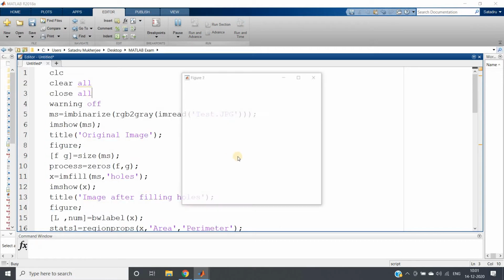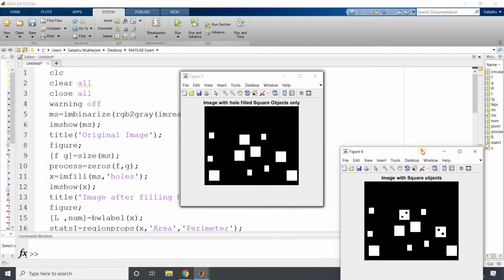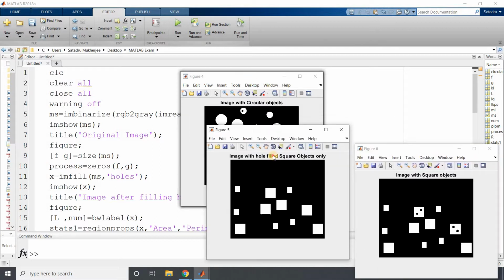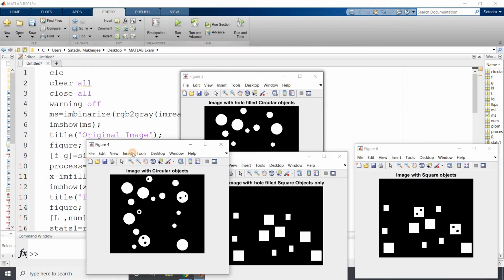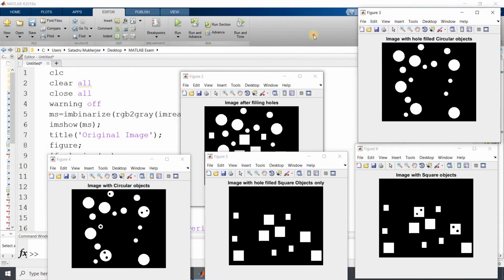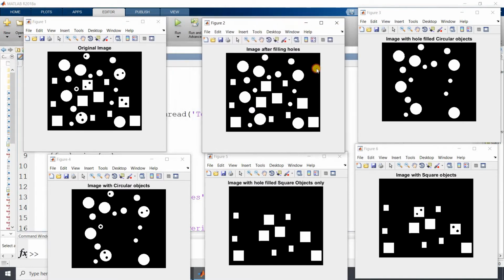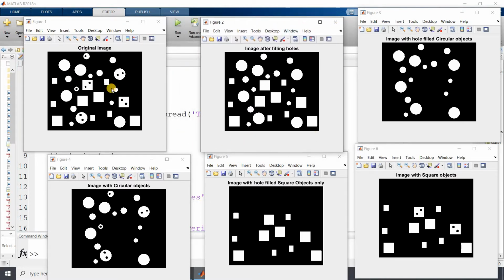So if I just run this particular part, you can check my previous video where I have explained all this in detail. I am not going over it again because there is no meaning in making a separate video. So actually, step by step, I am telling what I have tried to do using these images.